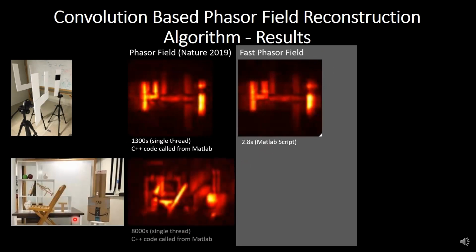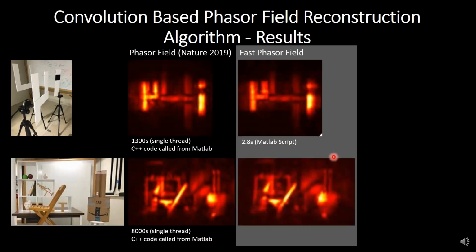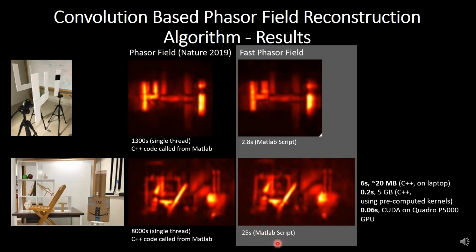And this more complex, larger scene took about 8,000 seconds in C code for our old reconstruction algorithm. This new, more advanced algorithm, which is again something that's used in many wave imaging systems, like digital holography or ultrasound, you can use to reconstruct any kind of wave imaging system. And in this case, it takes 25 seconds. So we implemented this on a GPU, and that went down to 0.06 seconds, and that's then fast enough to actually reconstruct it at a reasonably high frame rate.